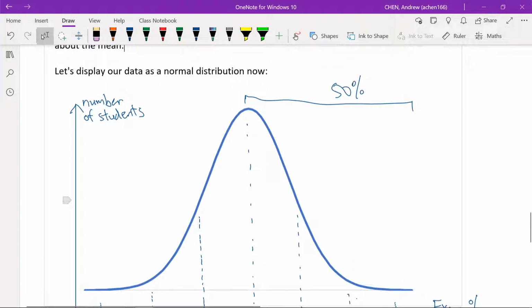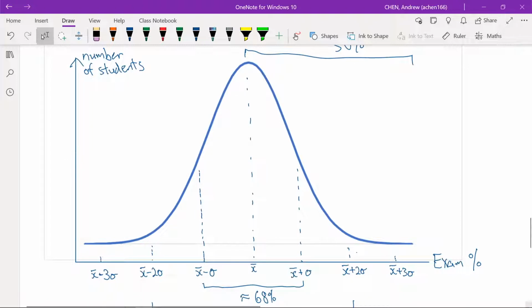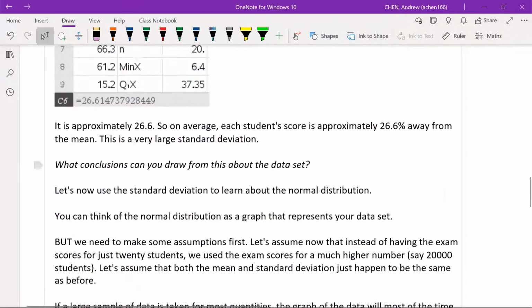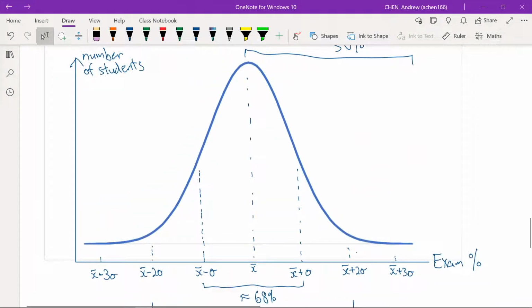Okay, so what do all these symbols mean? Right, so we just said that the peak, the midpoint of the graph, if you like, is the mean. So in this case, our mean is 54.3. And then, how we use the standard deviation here,